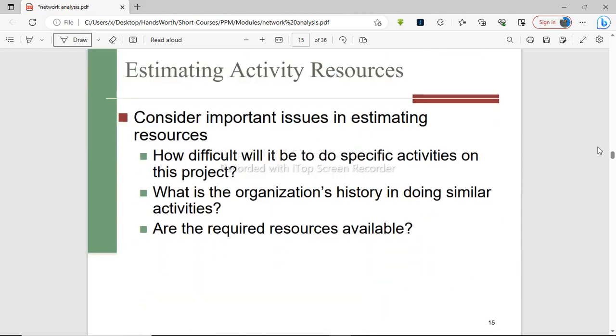Alright, so now when estimating activity resources, it is always important to consider certain issues. The first one, you must be able to consider how difficult it would be to do specific activities on this given project. The second one is you must be able to understand the organization's history in doing similar